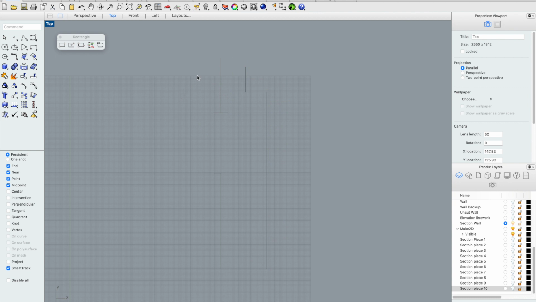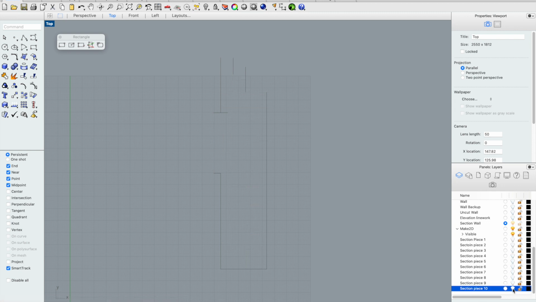Okay, so now I think I've got everything, and I can test that by simply hiding this, turning all of these layers back on, and making sure that it looks like I've got everything. And then if I show it and anything else appears, then I screwed up. But I didn't, so I can just go ahead and turn these layers back off,